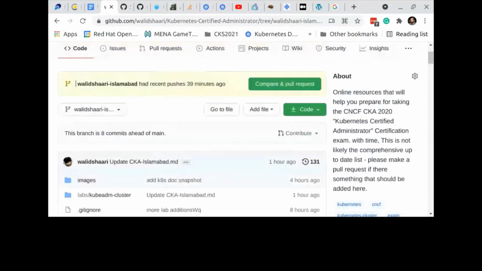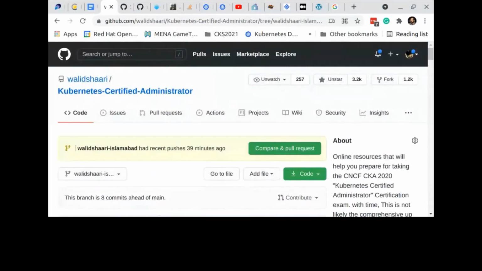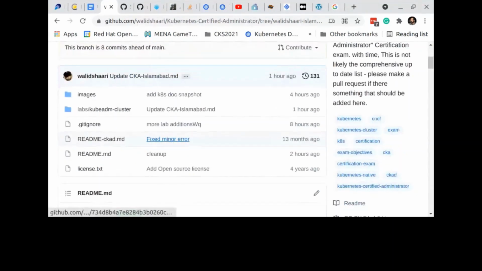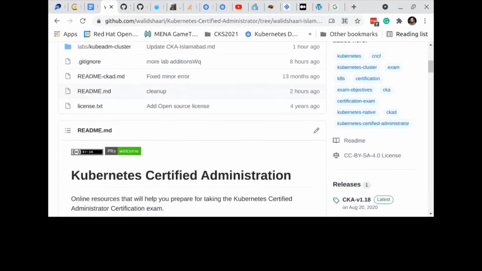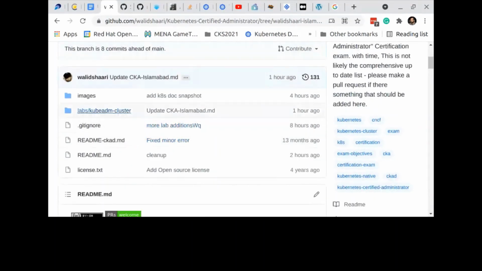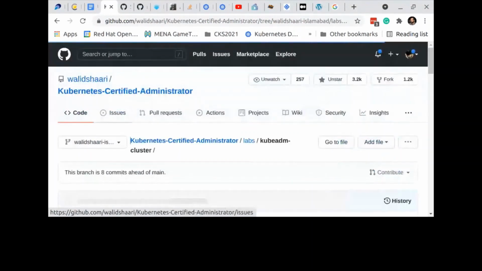Okay. So we'll start with the repo and we will start with the branch. I put the branch in the chat. I'll merge it in a couple of days. I need to add the other stuff to it as we go along. The main branch itself didn't have the lab. The lab was recently added. Thank you, Siam, for making me do more work. So the lab was added to this section, Labs Kubeadm Cluster.